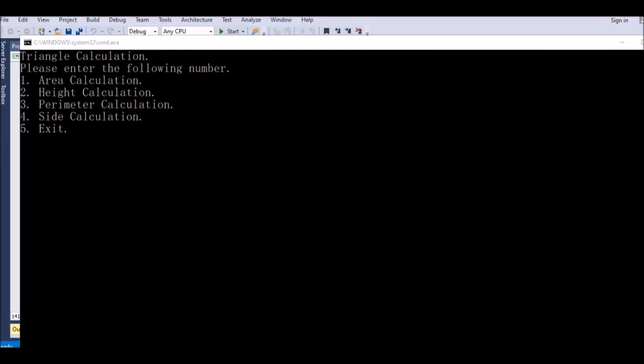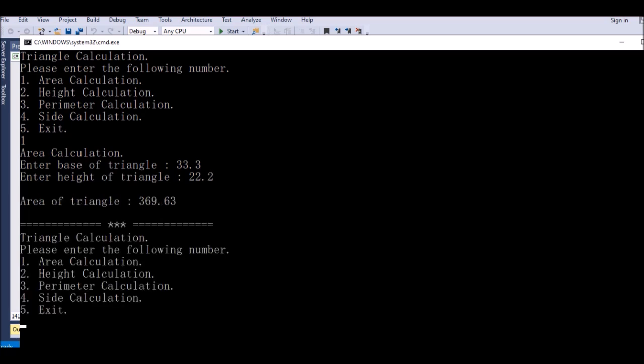If I want to calculate the area of a triangle, I put number 1, and the program will say, enter the base of the triangle, for example 3.3, and enter the height of the triangle, 22.2. So it automatically calculates the area of the triangle. Next, if I want to calculate the height of the triangle, I put number 2,